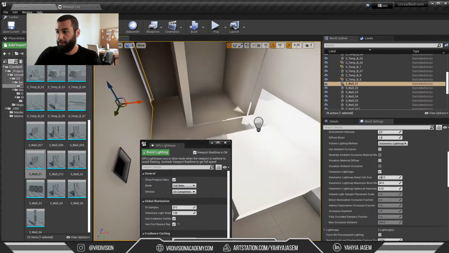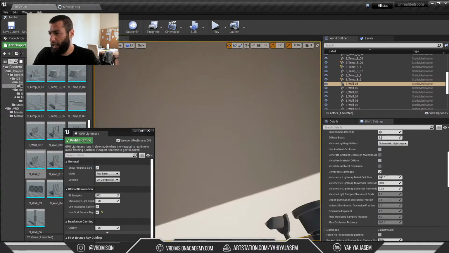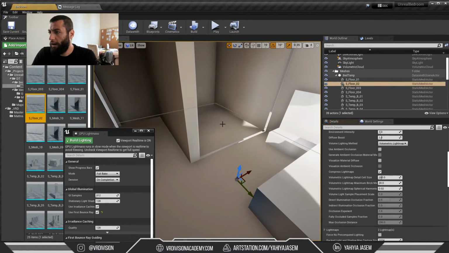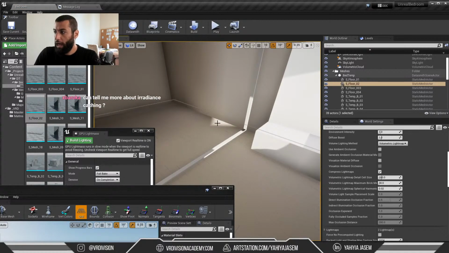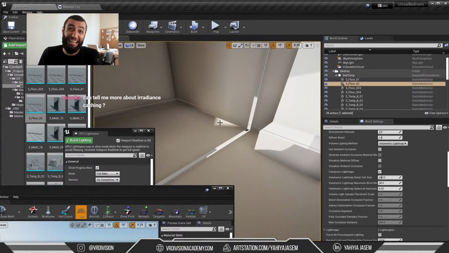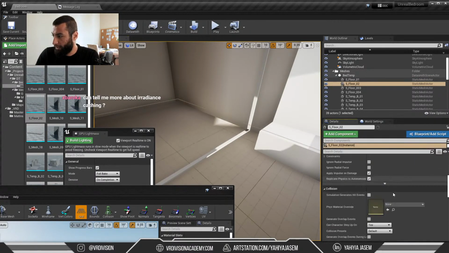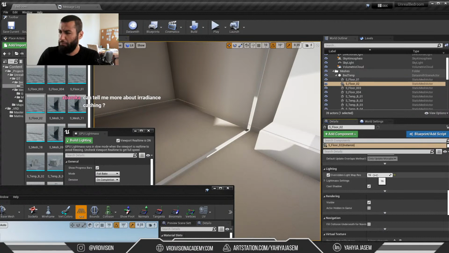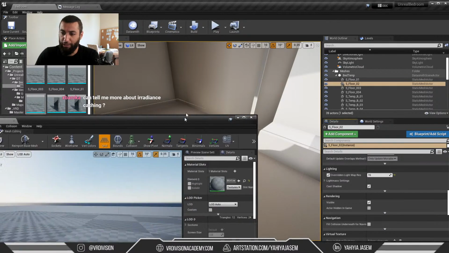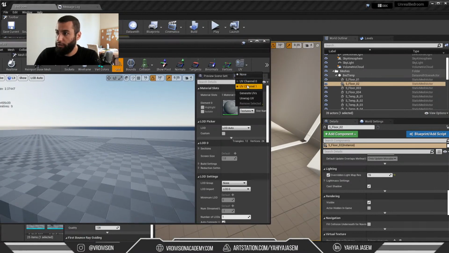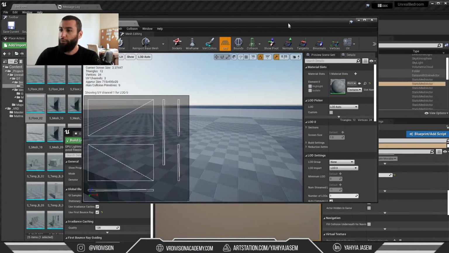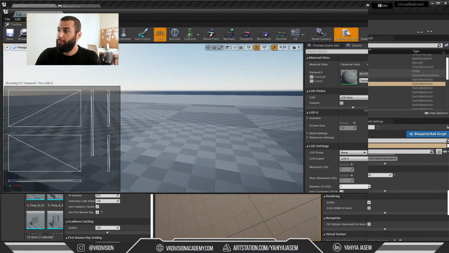Now let's talk about something. Let's see with this floor, because we have a leak here. And let's say I want to fix this light leak without increasing the light map resolution. Let's say here it's what, 64? It's 16. Well, we should increase it a little bit, but there is still a way to work around this without having the leak. So the first thing we would do, if we go to check on our light map here,